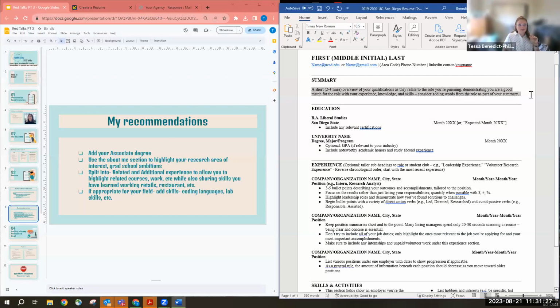Another thing that in a professional resume you might not need, but is really helpful when you're reaching out for research: use this summary to talk about your goals, especially if you are applying to a grad school or interested in a career. That's what you're applying to here. So this might say, incoming UCSD transfer student, passionate about research